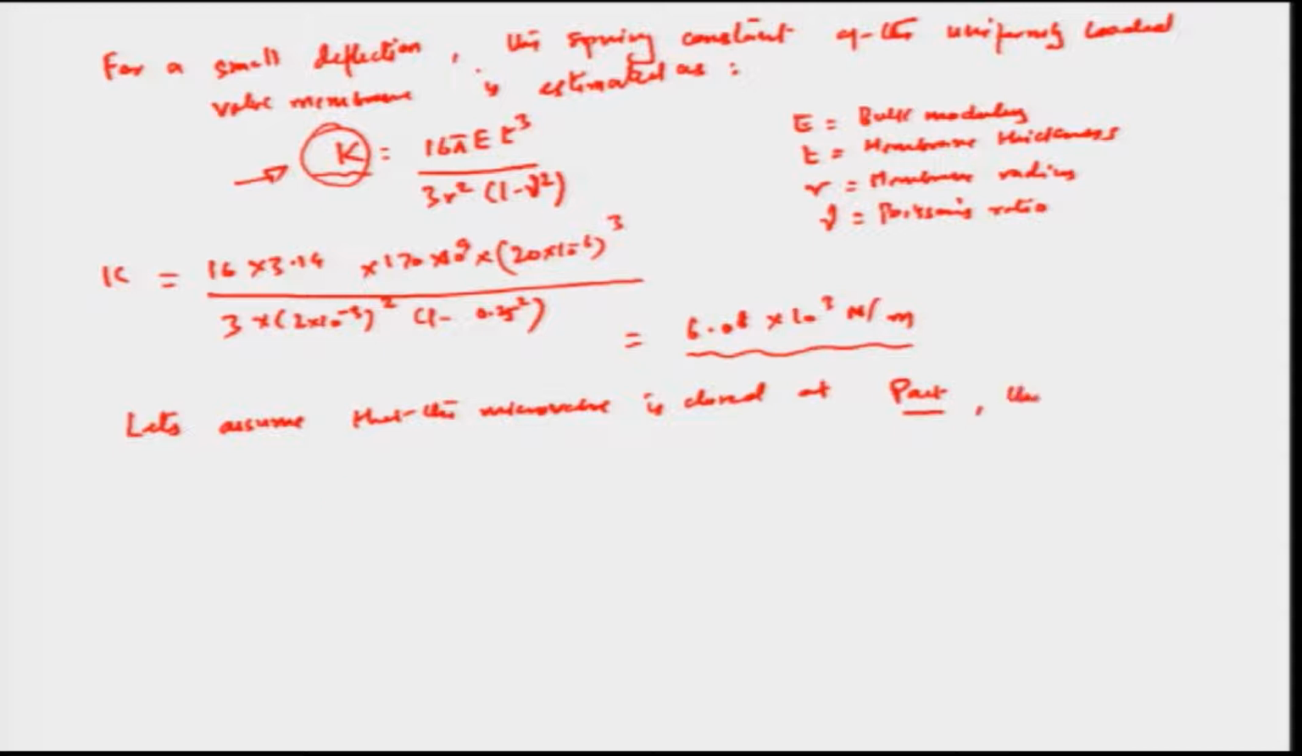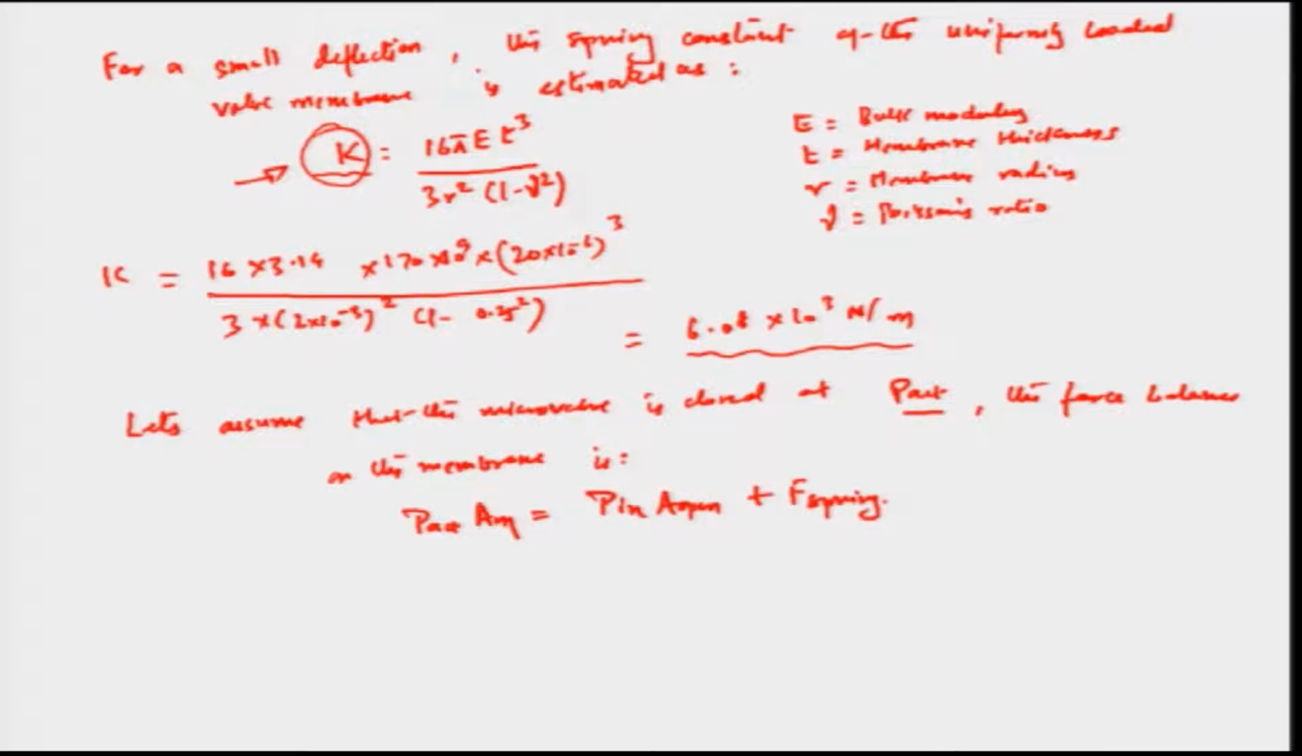So, the force balance on the membrane is: P actuation times the area of the membrane, A_M, equals the inlet pressure times the area of the open channel, A open, plus the spring force that the membrane has to exert, which is towards the opening side, because obviously